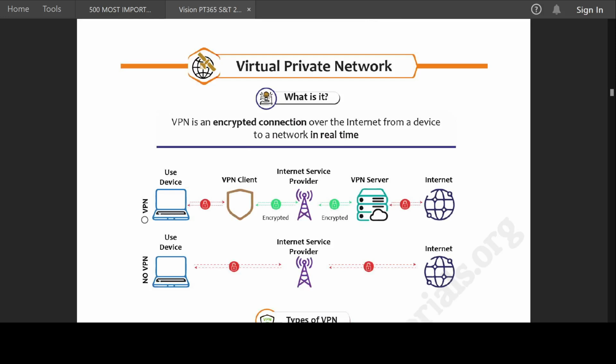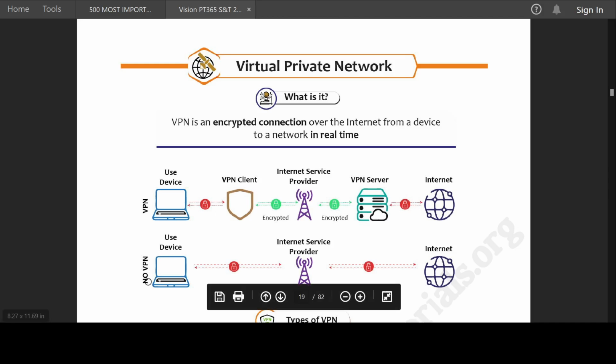Virtual Private Network. VPN is an encrypted connection over the internet from a device to a network in real time. Okay. With a VPN, the user device goes through a VPN client, then the internet service provider, encrypted here, to the VPN server, and here it is the internet. This is also